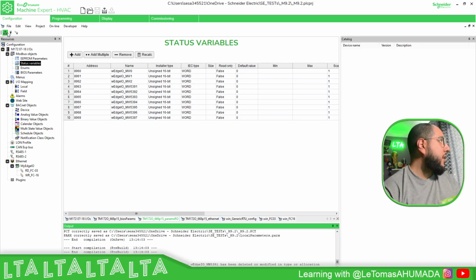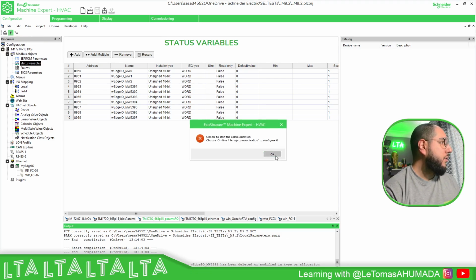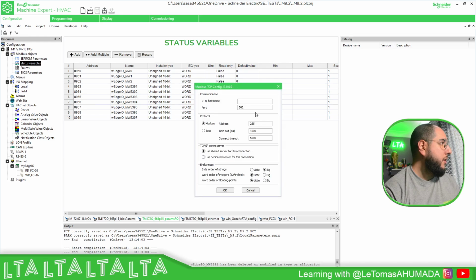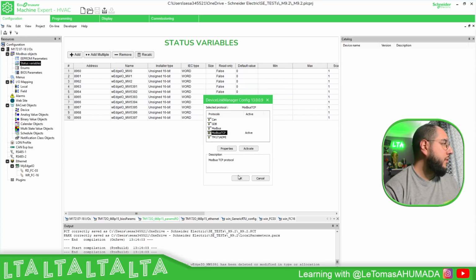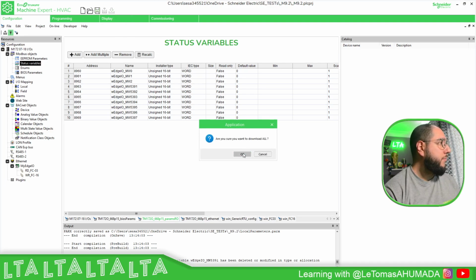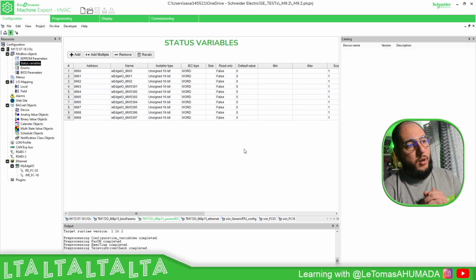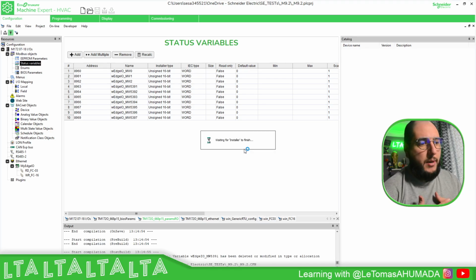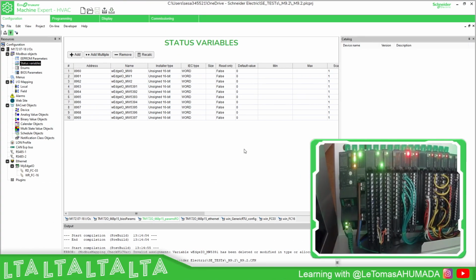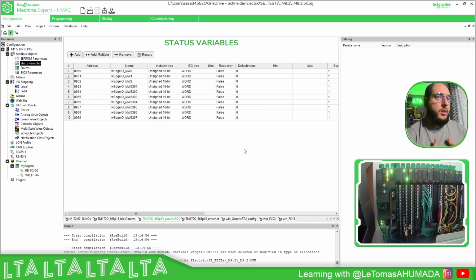So now that we have this, we just have the possibility to connect to a device, to the M172. So I'm going to connect. First, I need to set up communication, Modbus TCP, activate 192.168.1.172. Okay, connect, and then going to make a full download. So all the hardware configuration is downloaded to the device, and then we can play with it. So I'm going to make the full compile again. There we go. Hopefully when it finishes,